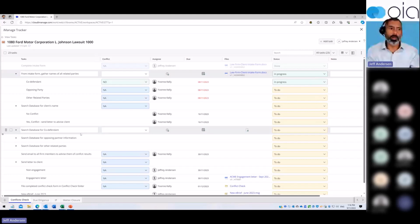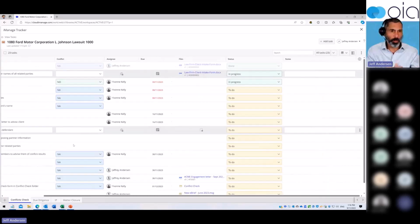If you are currently managing your conflicts checks from a spreadsheet or a Word document, this is where something like Tracker can very easily replace that and keep all of those tasks within the matter itself in your document management system, being iManage Work. It also means that it's very dynamic and all of the tasks are kept up to date and live for all of the people involved in your engagement. And it also means that everyone that's involved in your engagement or your matter have got access to the tasks for this particular project or process. The same can be said for some of these other